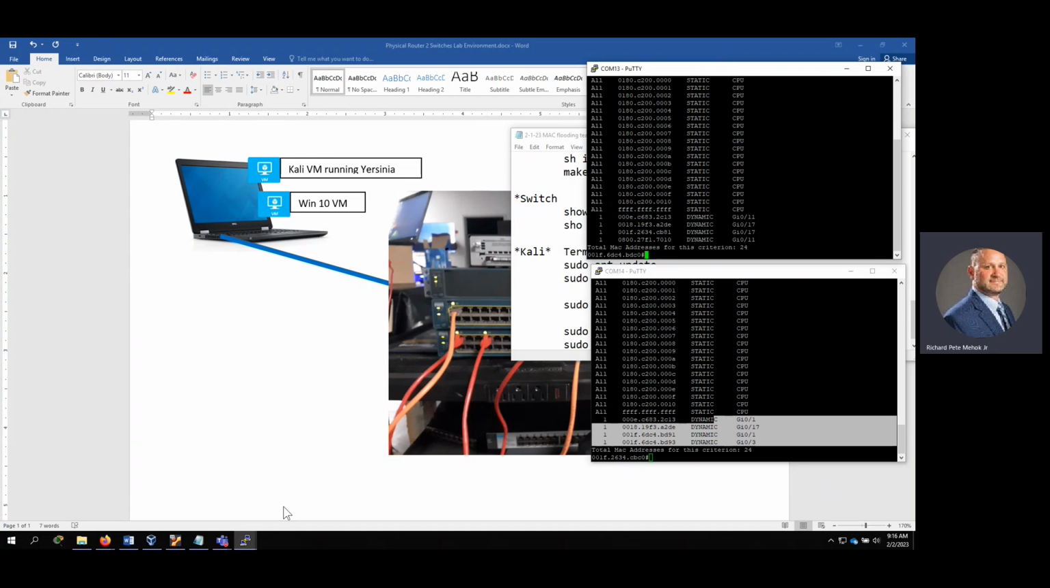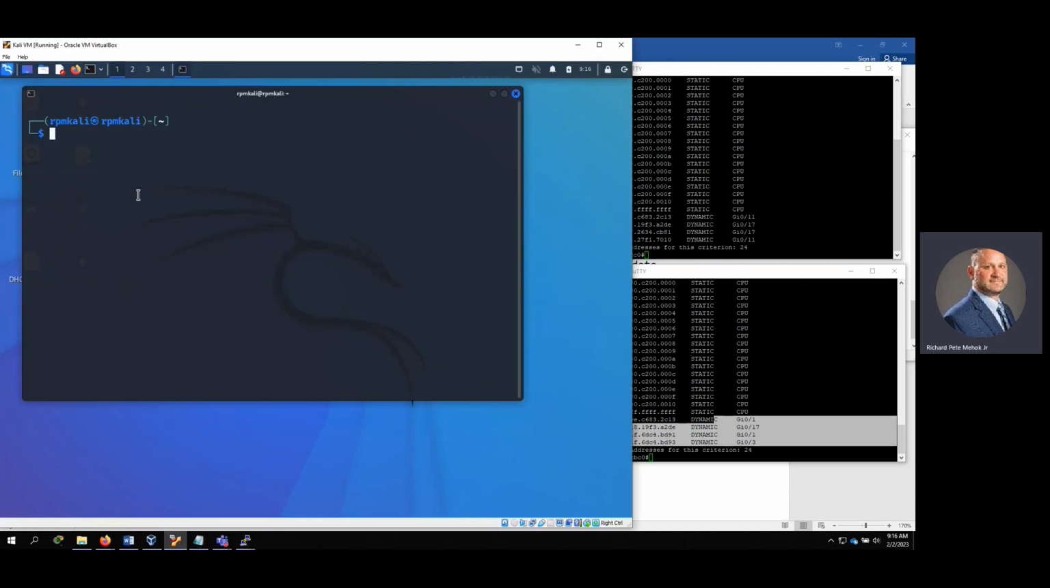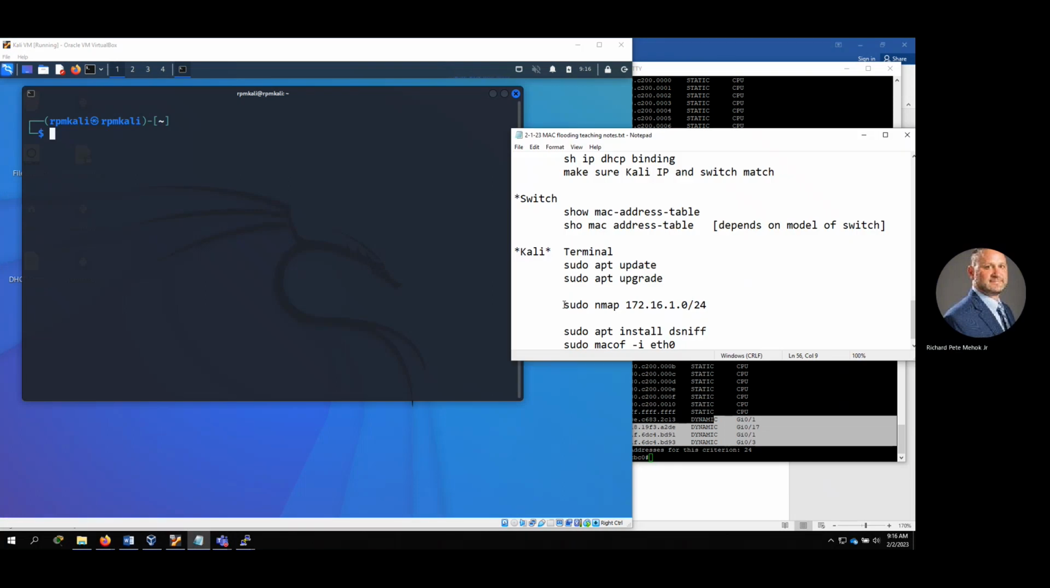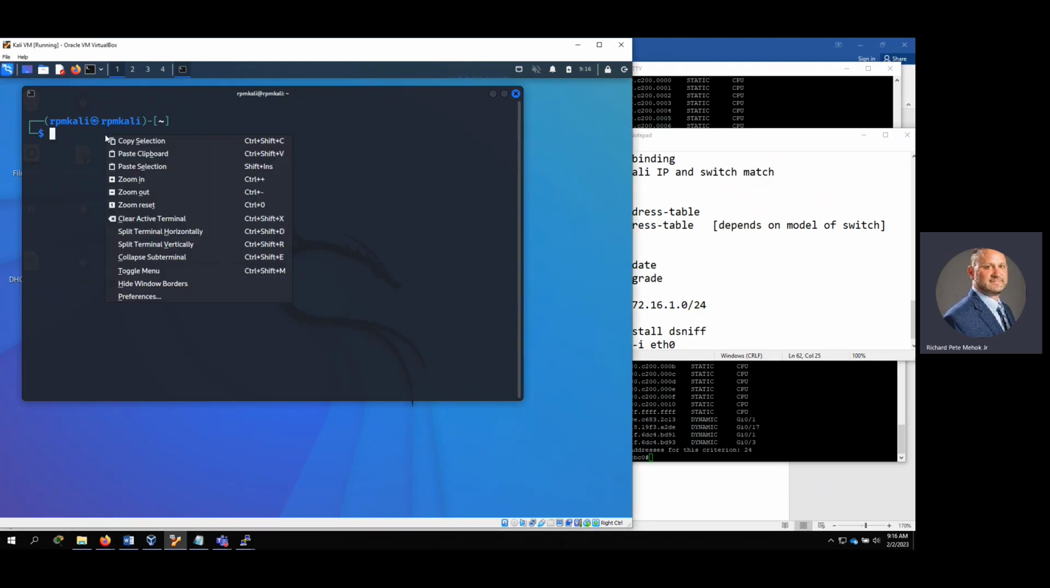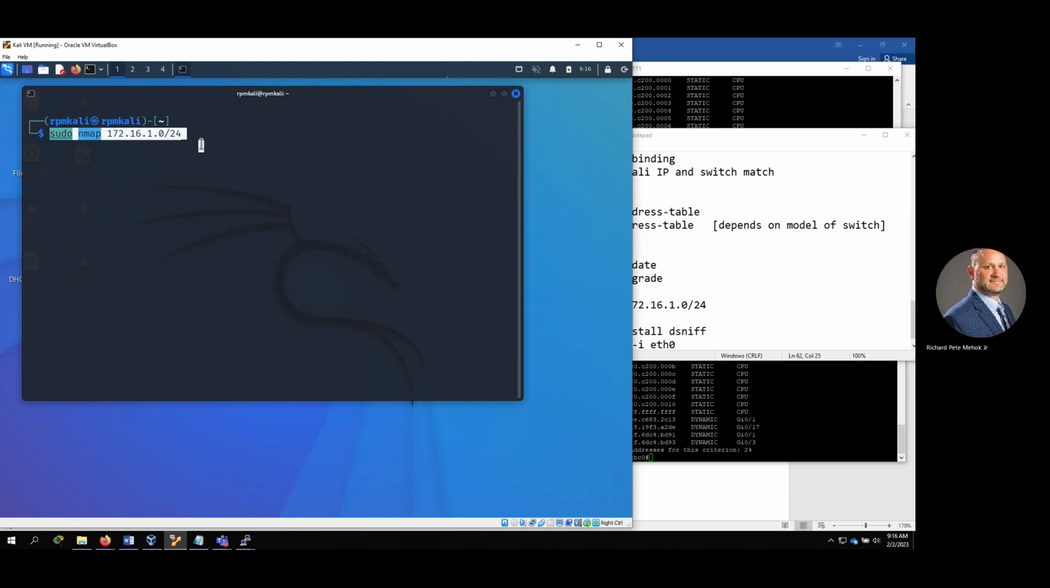So what we're going to do now is attack it with our Kali machine. So first thing I'm going to do is run nmap, and I'm going to run it on the entire 172.16.1.0 network with a 24-bit mask. So once I hit enter,